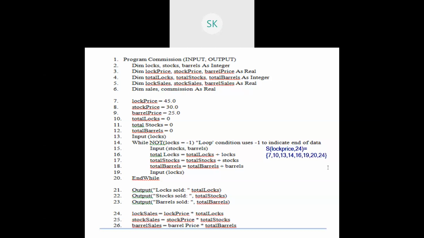Next one is you can go with 24. 24, why are we writing it? Because it's the definition. So with respect to the definition, it should be included. It has some impact. The changes, the contribution is available. So that's why. Understanding it? So this is with respect to your log price. Similarly, with respect to your stock sales, and sorry, this is not log price. This is log sales.